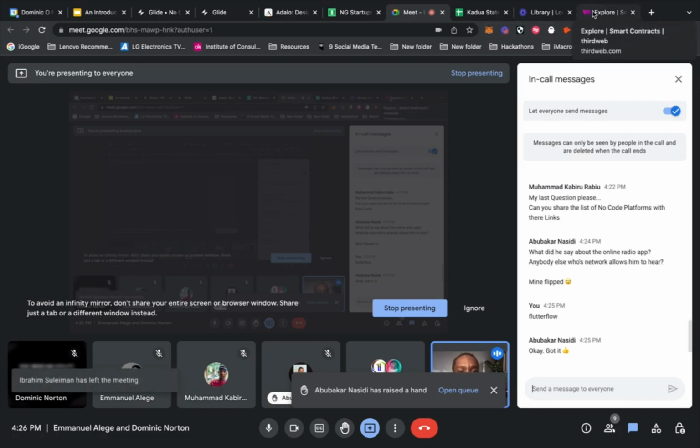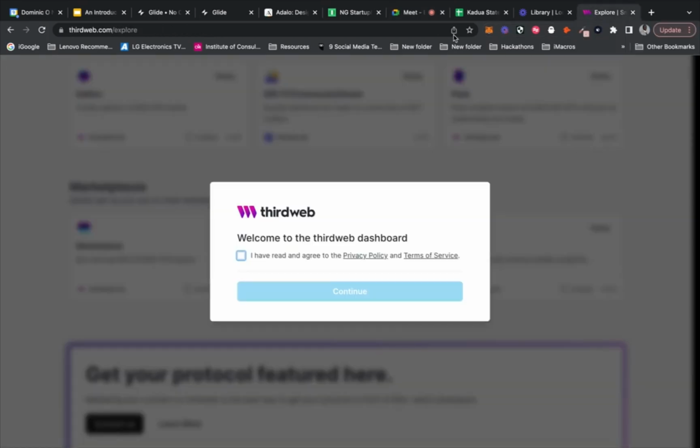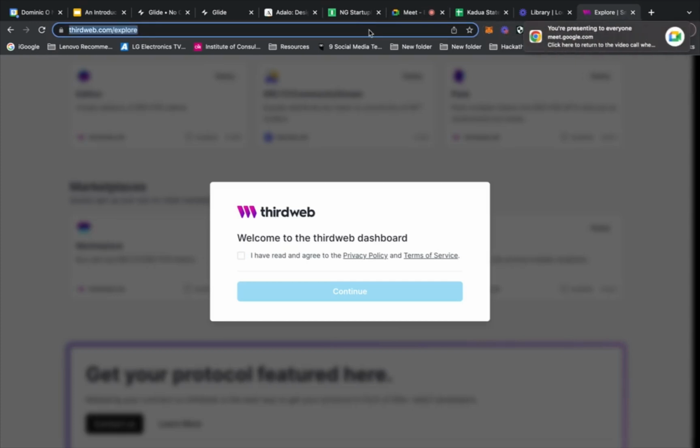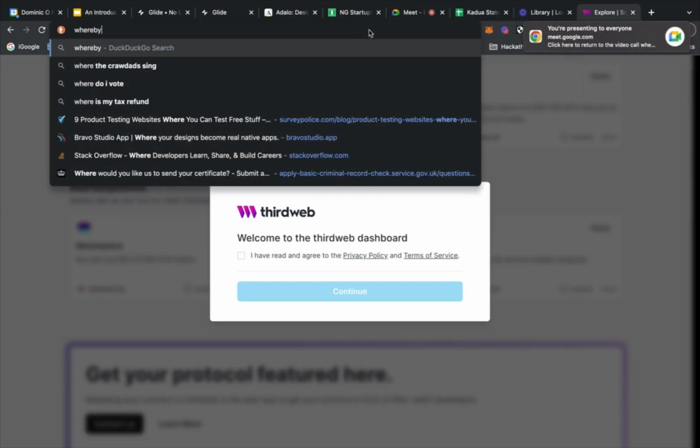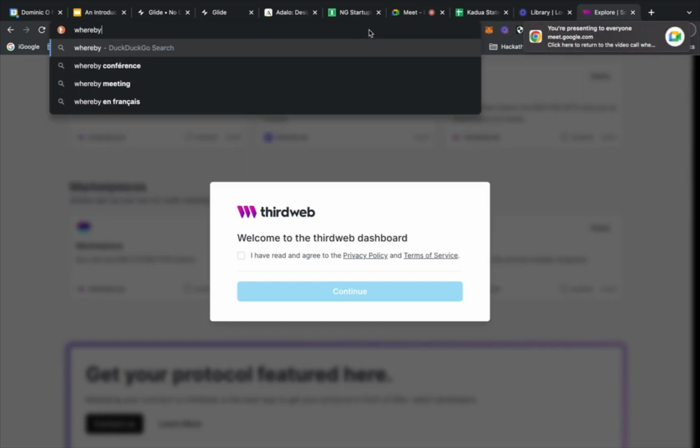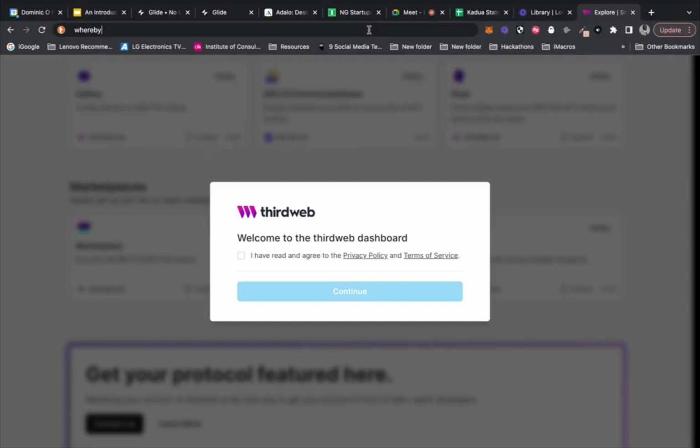Potentially, you can use this. Let's see. You can use this tool and embed it in your app. I think my laptop might actually go off.